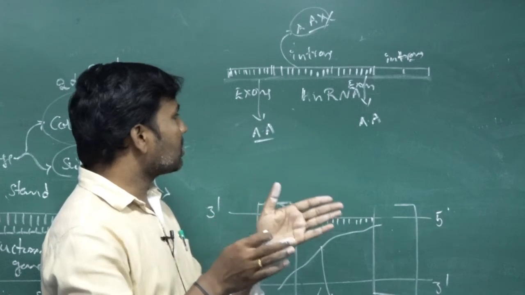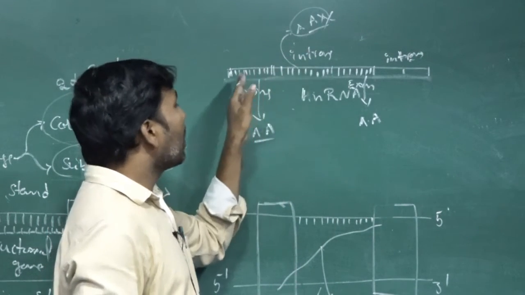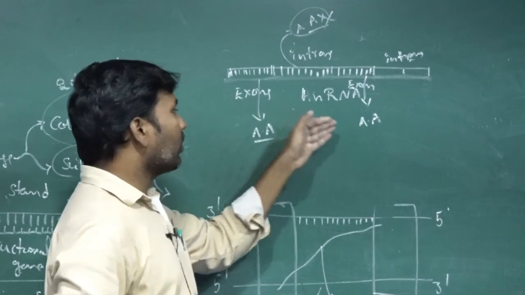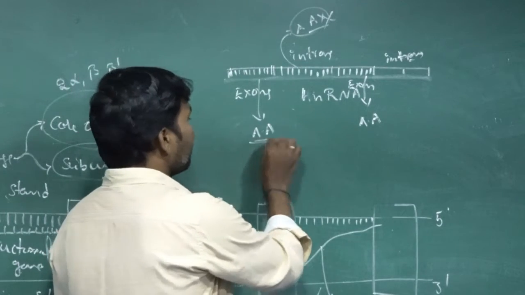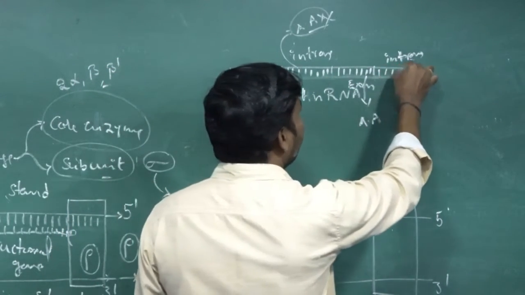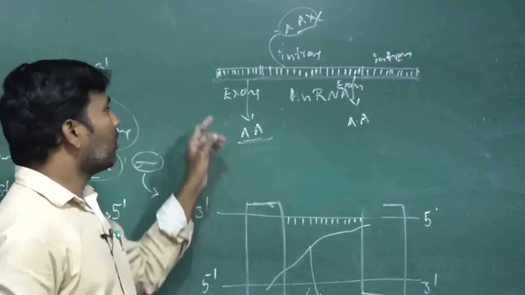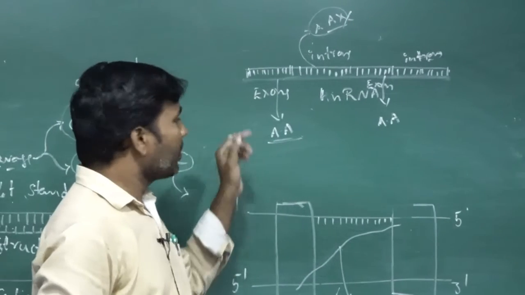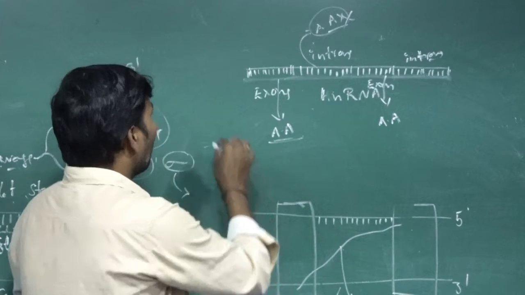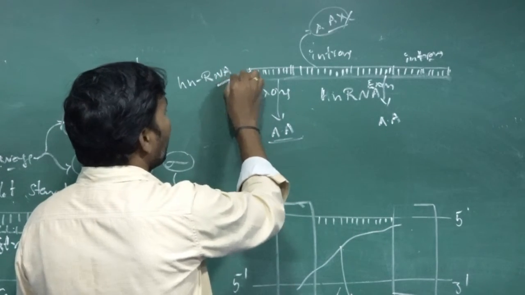In between the structural genes, whatever sequence is present is called the introns. And wherever the structural genes or the amino acid producing codes or nucleotides are present, they are called the exons here. Exons, introns, like that. The entire length of the mRNA is synthesized here by the process of transcription. So initially, whatever this mRNA is forming is called a hnRNA. So this is only called a hnRNA.